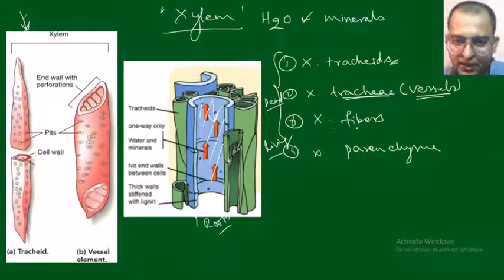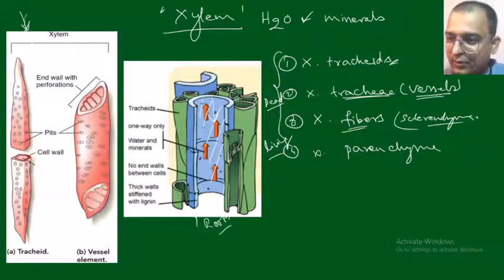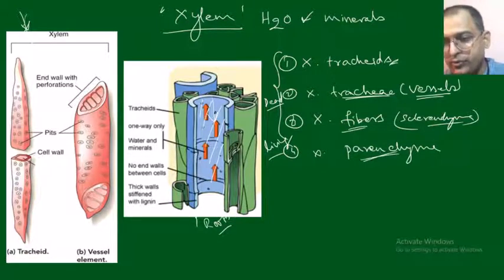Next, coming to the xylem fibers, these are made up of sclerenchymatous tissue. We have already seen the different types of tissues. The sclerenchyma is the dead one, so it is also thick walled and is going to provide mechanical support. The xylem parenchyma is a living cell, and it also has a storage kind of function, food storage.